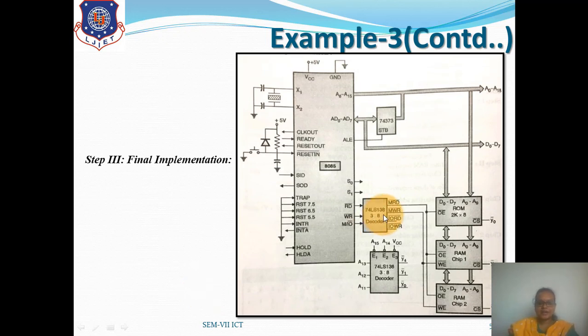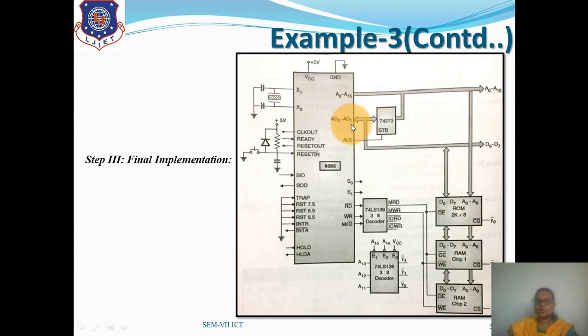Now in this final implementation, as you can see, in the previous example in lecture 7, what we have discussed in 1 and 2, here the left hand side of the pins of 8085 will have a structure that will remain the same throughout the memory interfacing examples, right. Now on these pins we need VCC connected to +5 volt and ground connected with ground. Only this structure will change.